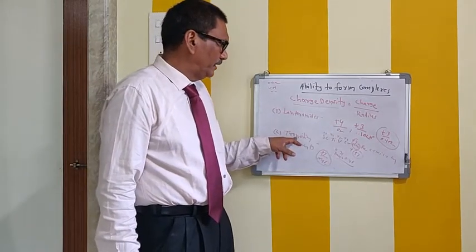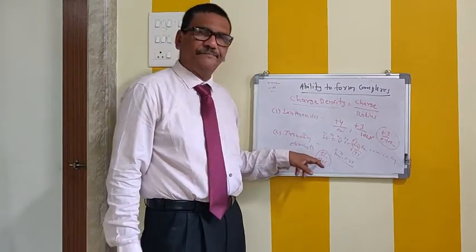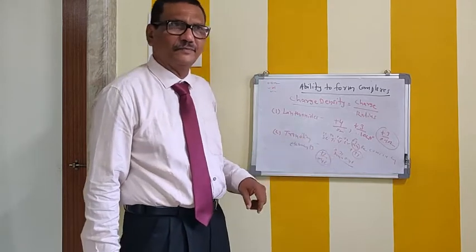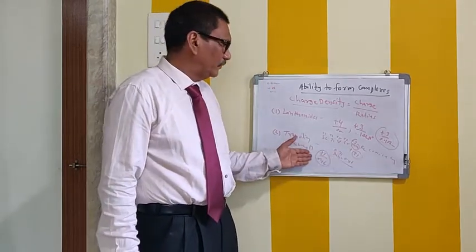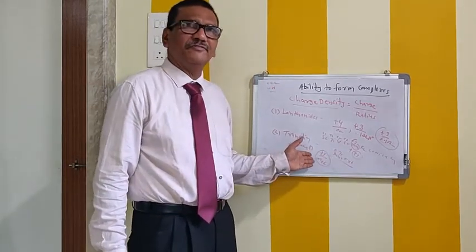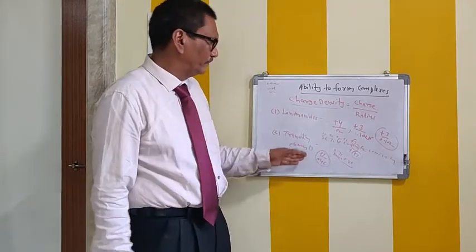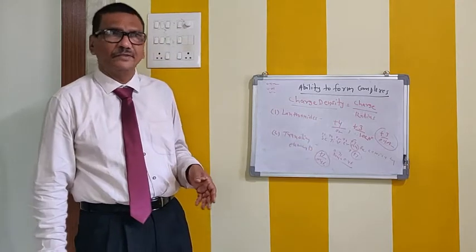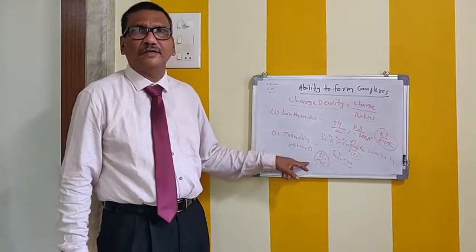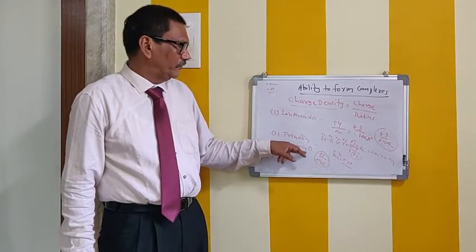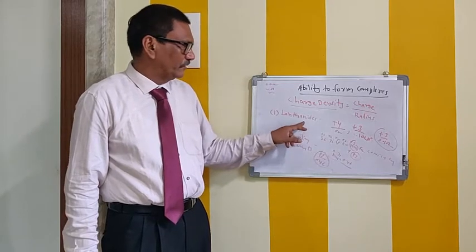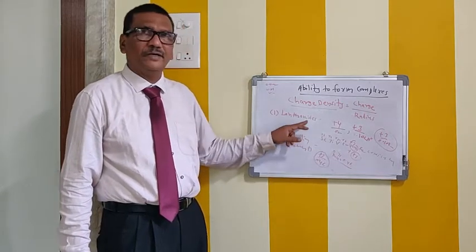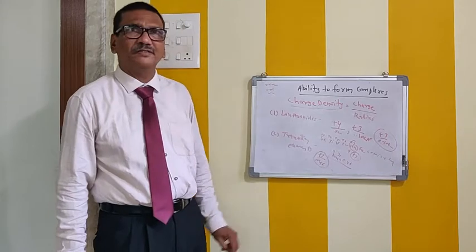While in transition elements, the outer electrons are not protected by other layers. They are well available to environmental factors, they can come closer, and they can take part in the bonding. That is why lanthanides have a weaker tendency